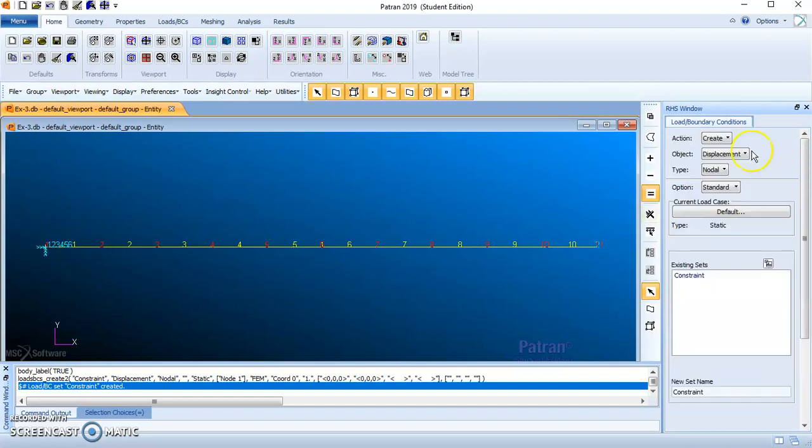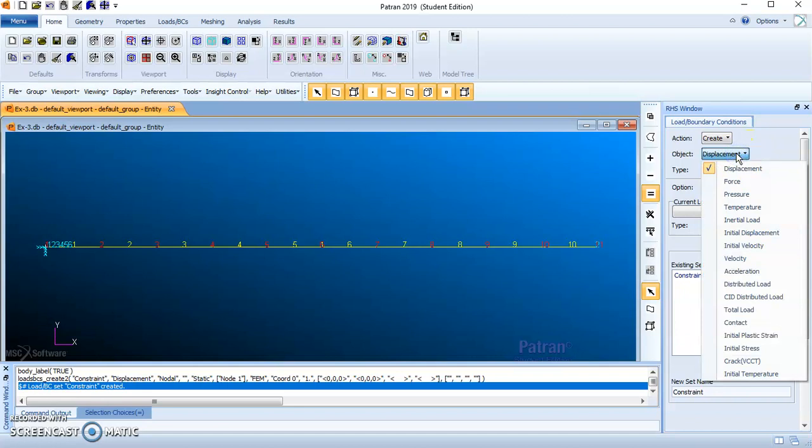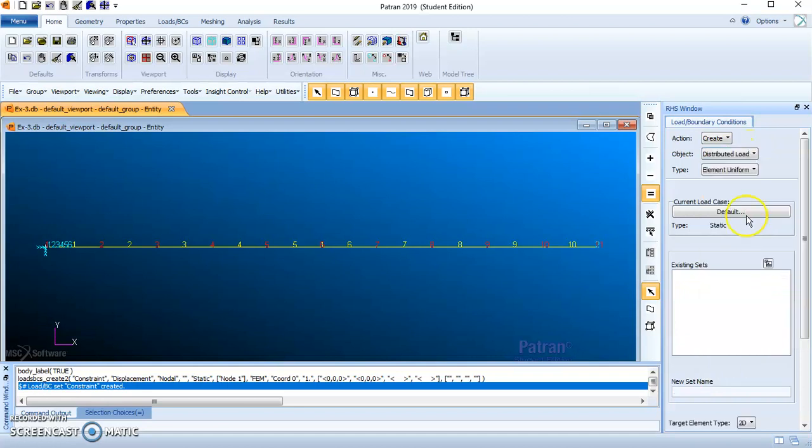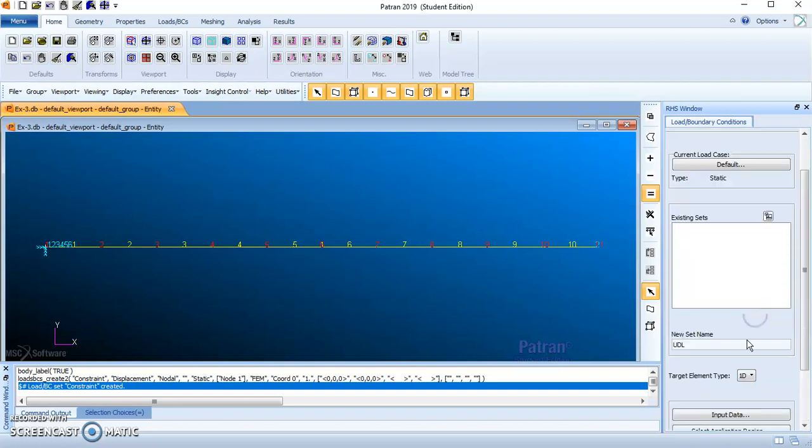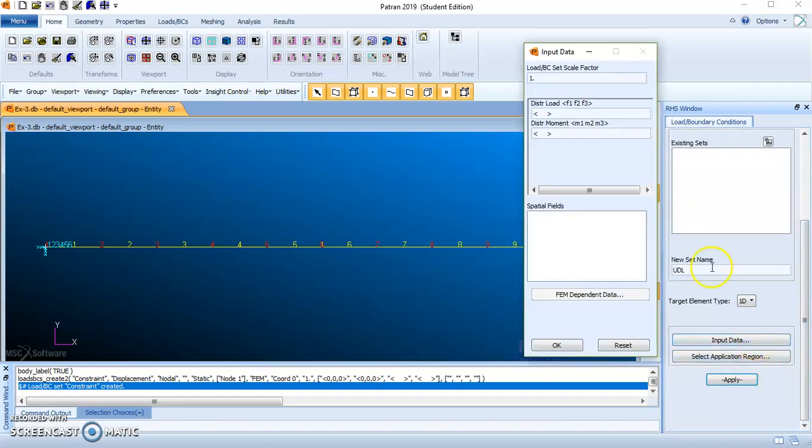Now let me apply UDL here. I think we need to select a distributed load, element uniform. I'll type here UDL. Here make it 1D. Then input data. In Y direction we have 24 E3, so along X it is 0, along Y it is 24 E3 Newton, 0.